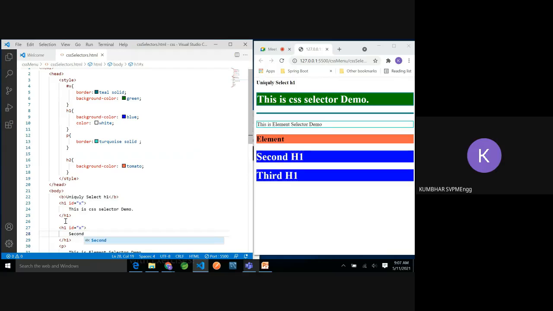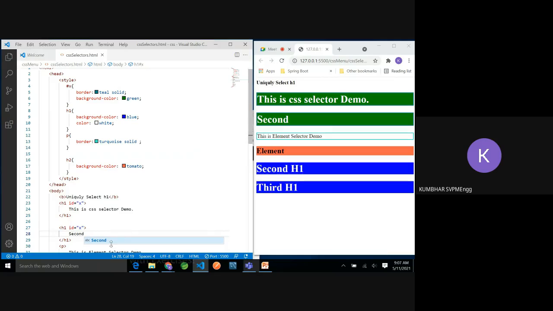Sorry, who is there? Oh, sorry, I'm not able to see this. Yes. So this is the thing, so that type of element will be uniquely identified. Yes, sir. Thank you, sir.